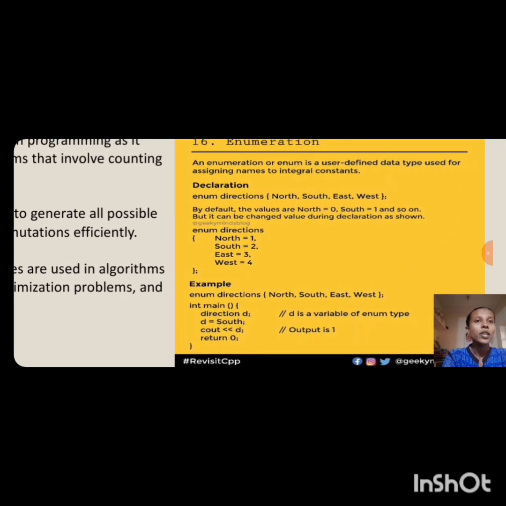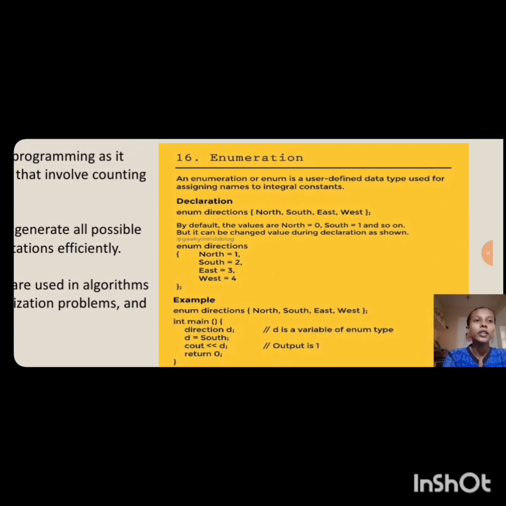Enumeration. An enumeration or enum is a user-defined data type used for assigning names to integral constants. Declaration. enum directions {north, south, east, west}. By default, the values are north equals 0, south equals 1, and so on. But the values can be changed during declaration as shown. enum directions {north = 1, south = 2, east = 3, west = 4};